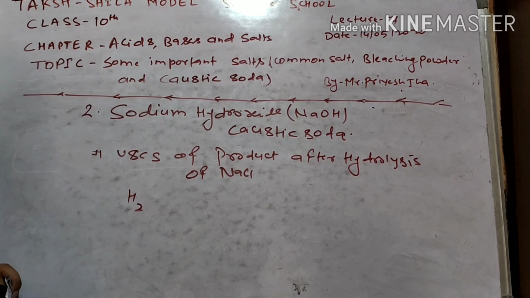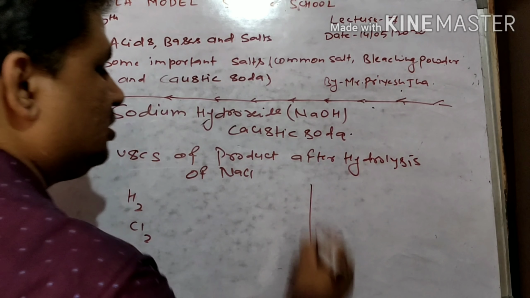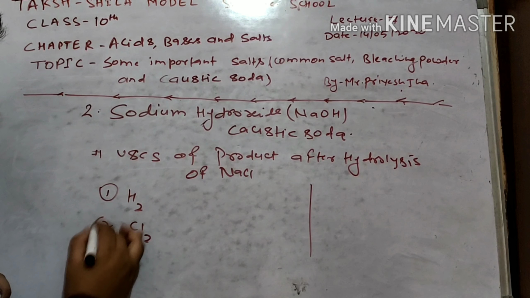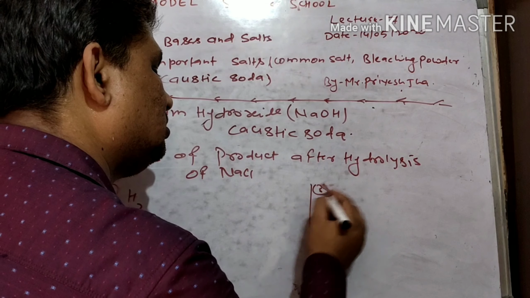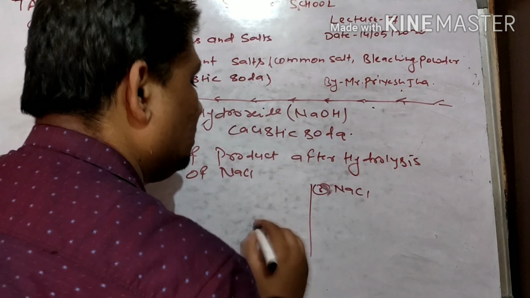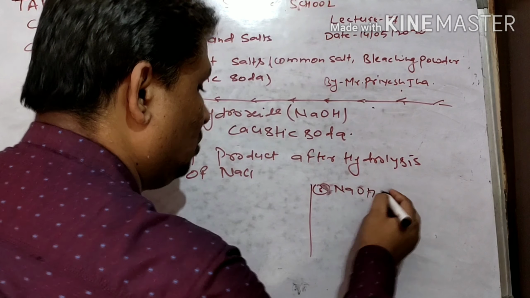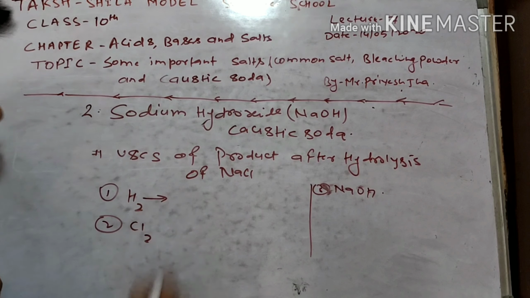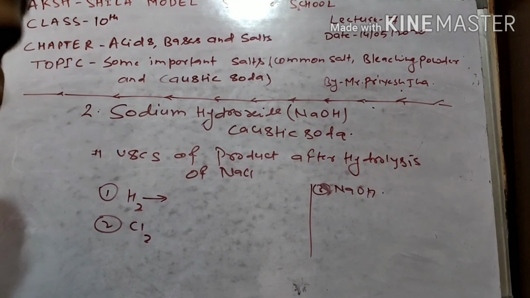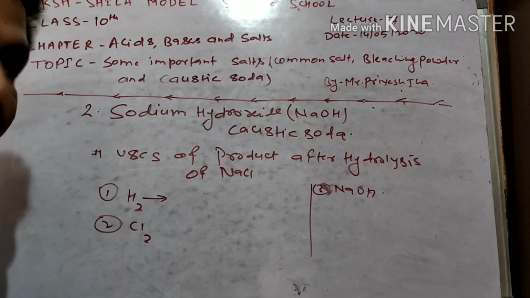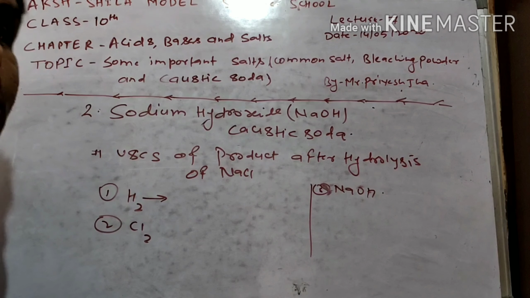One is H2, second is Cl2, and third one is sodium hydroxide. So generally H2 formed is used as a fuel and in the manufacture of ammonia which is used in